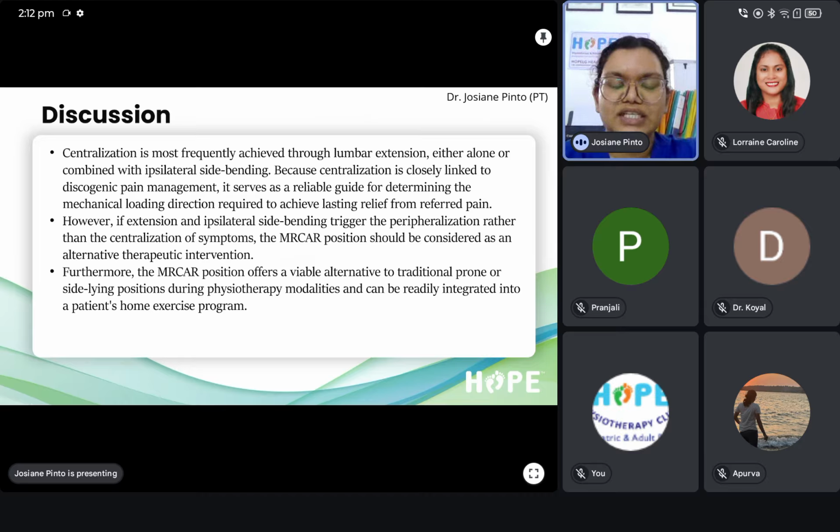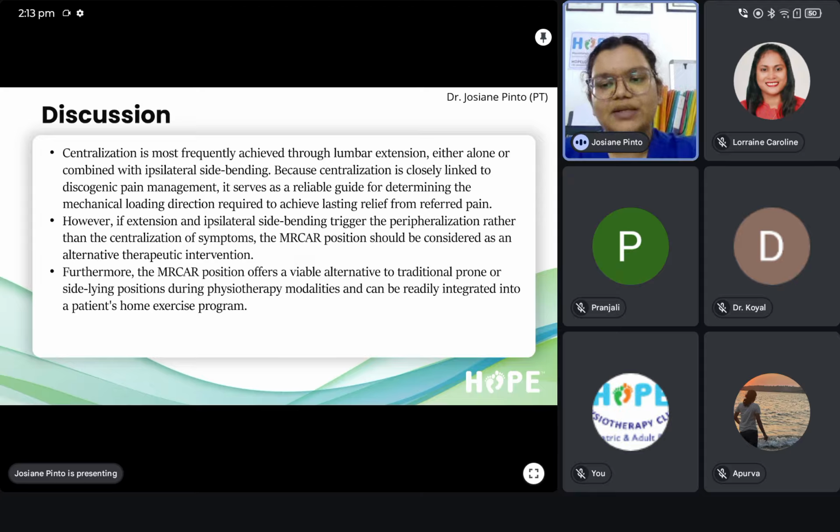Because centralization is closely linked to discogenic pain management, it serves as a reliable guide for determining the mechanical loading direction required to achieve lasting relief from referred pain. Anyway, furthermore, this MRCAR position offers a viable alternative to traditional prone or sideline positions during physiotherapy modalities. Hence, it is also advised that